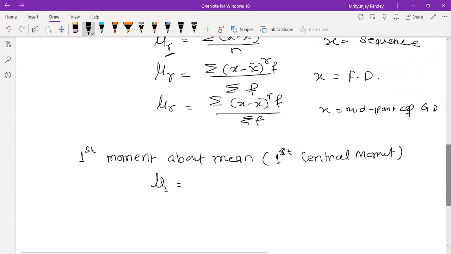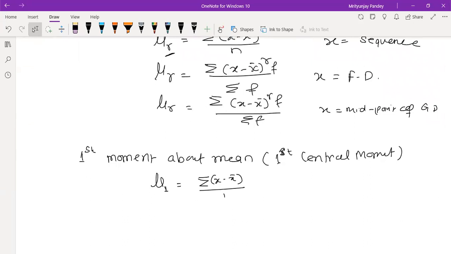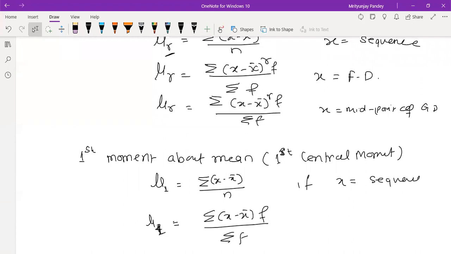So what is mu 1? Summation of (x minus x bar) whole power 1 divided by n. Mu 1 for frequency distribution data is summation of (x minus x bar) into f divided by summation f. If x is a sequence, if x is frequency distribution data, and the third one,